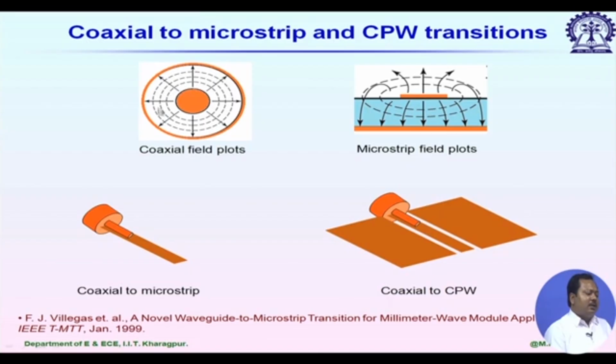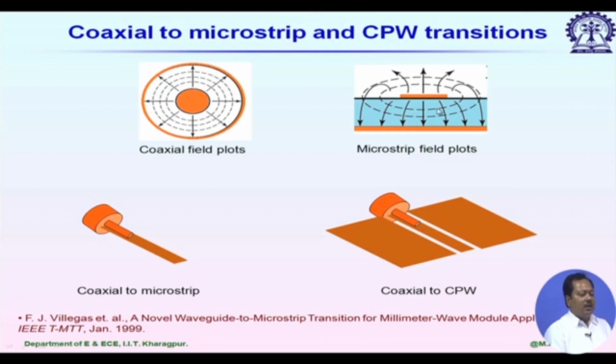So, the coaxial line supports TEM mode, and the microstrip line is also quasi TEM mode, and it also has an electric field component which is perpendicular to the ground plane. So, simply we can connect one coaxial line to a microstrip line directly. Let us say the coaxial line impedance is 50 ohm, and the microstrip line impedance is also 50 ohm, then directly